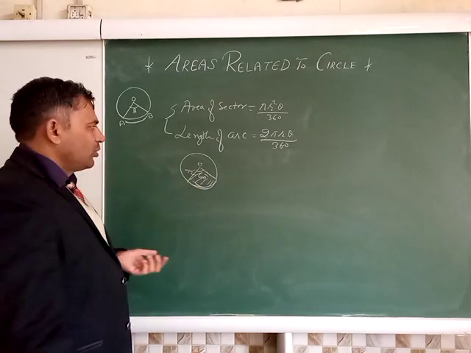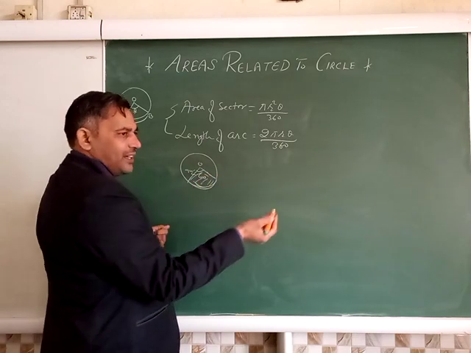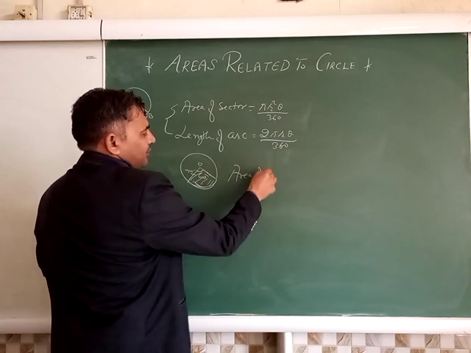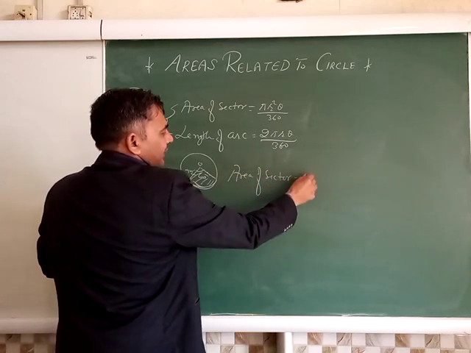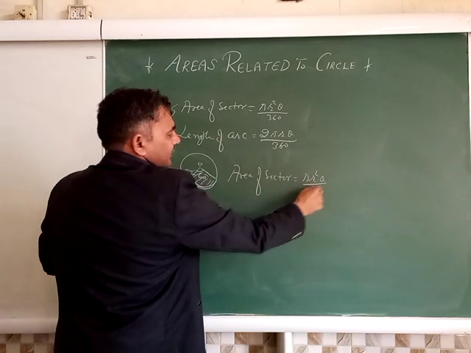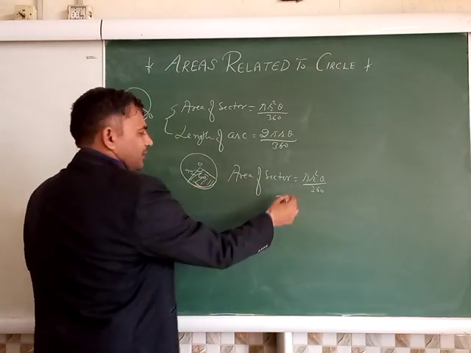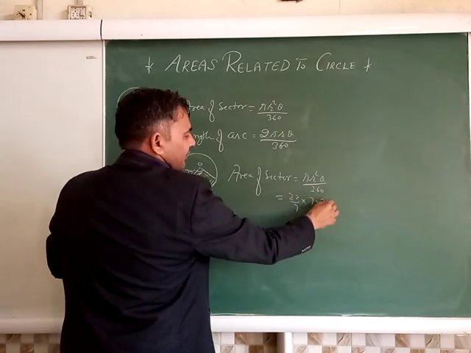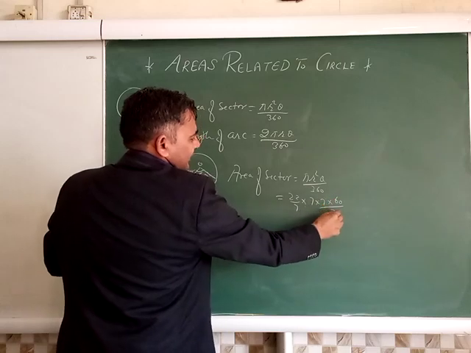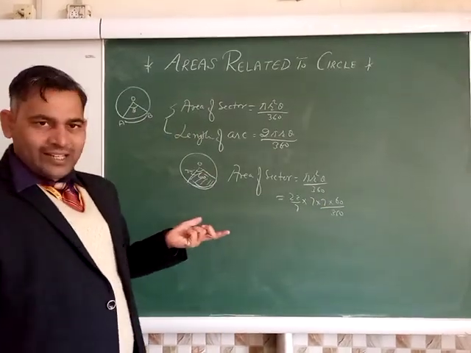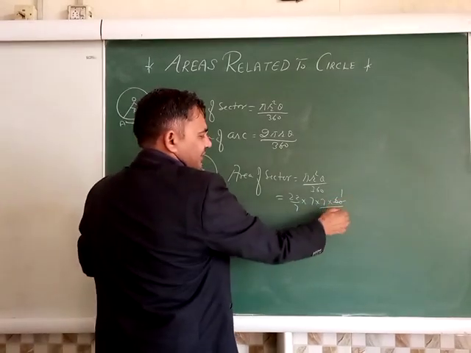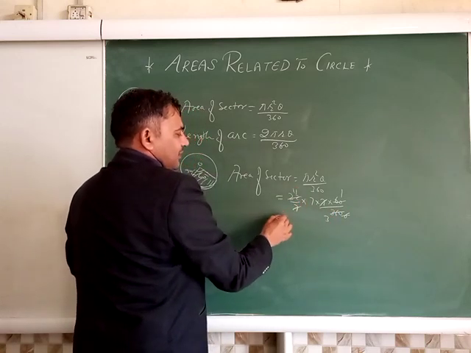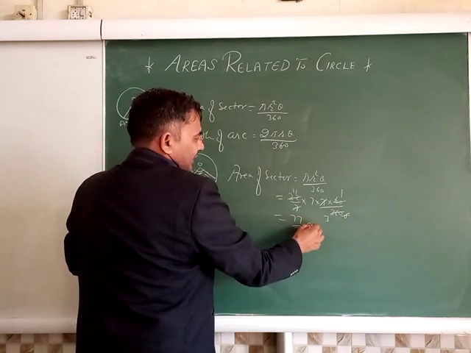So area of circle you know very well. Then area of sector is pi r square theta by 360. Then putting the value here. What is pi? 22 by 7. What is the radius? 7 into 7. Then 60 by 360. Now you can calculate. How to calculate? 6 into 1, 6 into 6, 7 and 7 cancel. 2 threes are 6, 2 elevens. So 77 by 3 centimeter square.